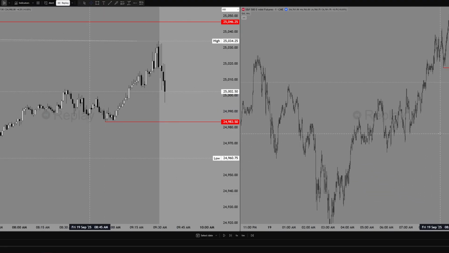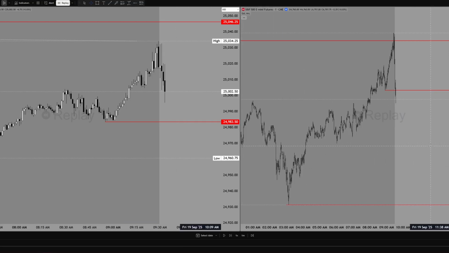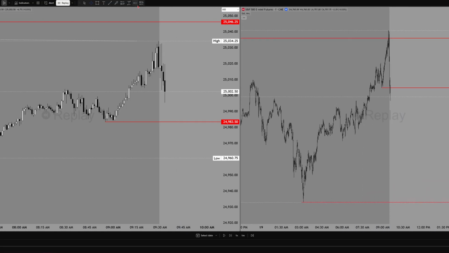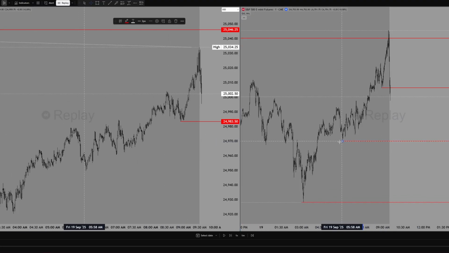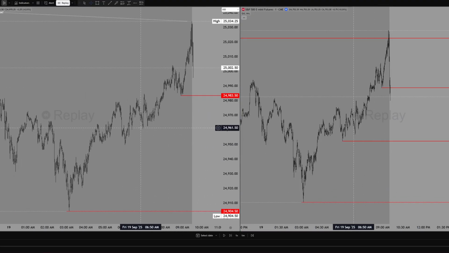There's a lot of draws lower. I don't know which draw, because it's probably this draw right here on ES. Maybe the next draw, probably this draw here, to be honest. Let me see. Yeah, we have a lot of draws here, but probably this draw is more significant. Let me just mark this out.